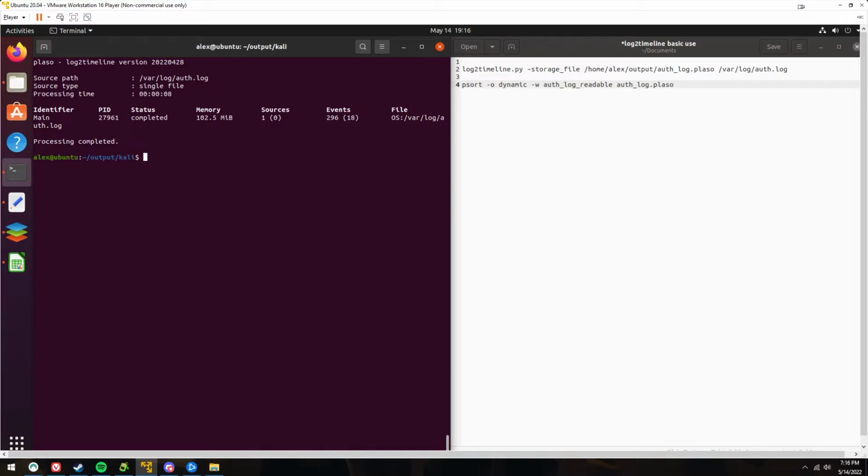So now I'm going to run the psort command. So psort.py, I have to start by listing the file type. Right now I'm just going to list dynamic, which just makes it morphable to anything that I want to read it to. Then I have to list the output file, so -w, which would be write. I'm going to create auth_log_readable,